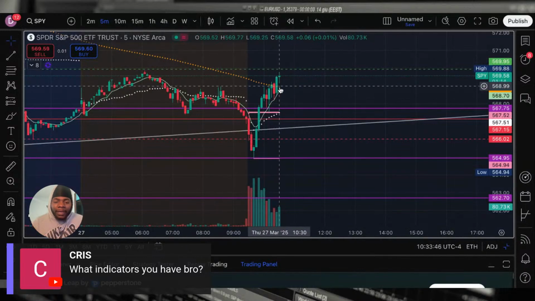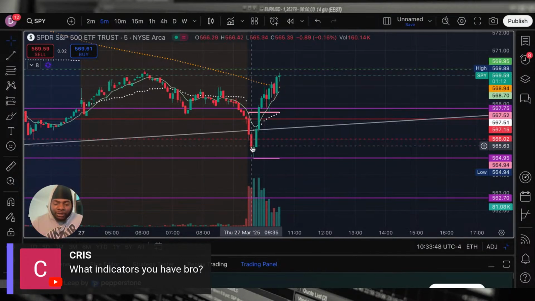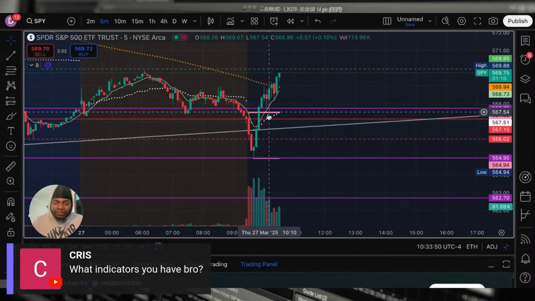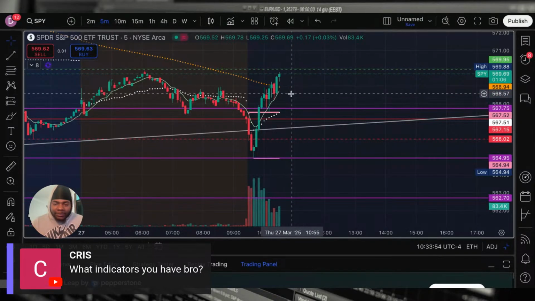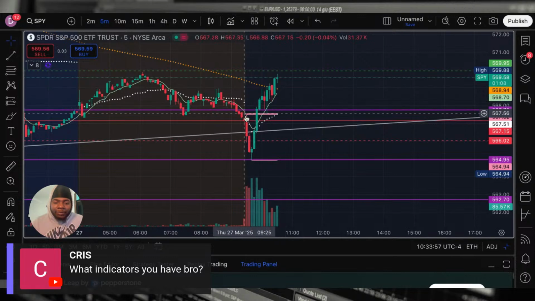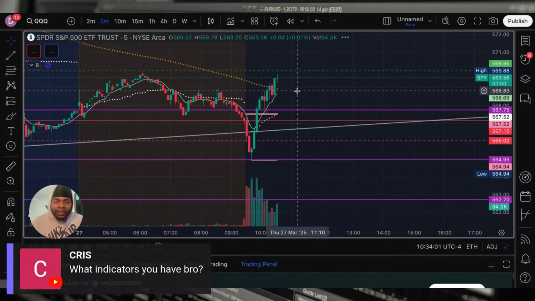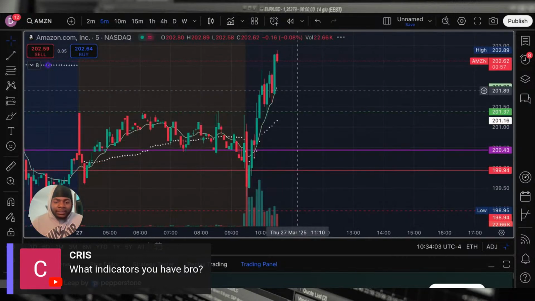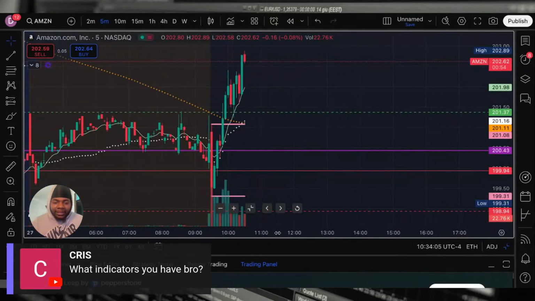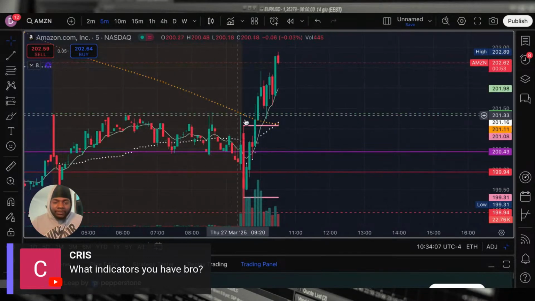Meaning you're going to pull back. We will start pulling back. So we're coming up to the 200 moving average. Just know you're going to have a couple pullbacks. You're going to keep pulling back a little bit before you can really gain the momentum to get above that 200 moving average. That's the reason why I waited on that Amazon trade. That's the reason I waited. Amazon was already above the 200 moving average. You see what I'm saying?